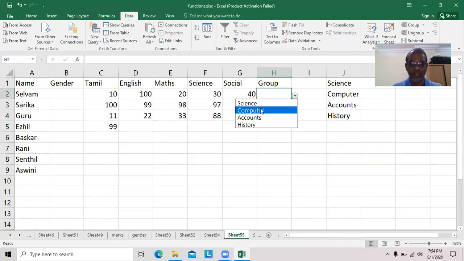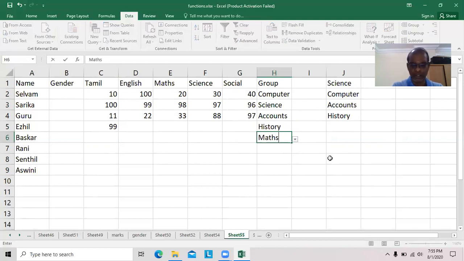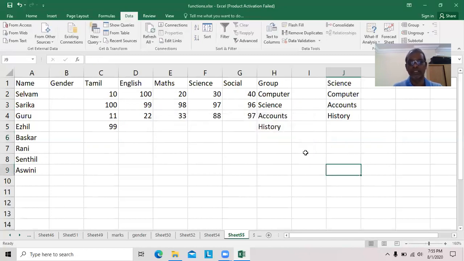Select here: computer. No need to type. You can select here science, then select here accounts, select here history. If you want to type any other value, for example, max, it shows error. See it here: this value does not match data validation criteria. The reason is